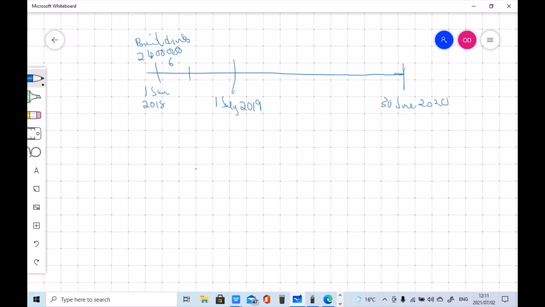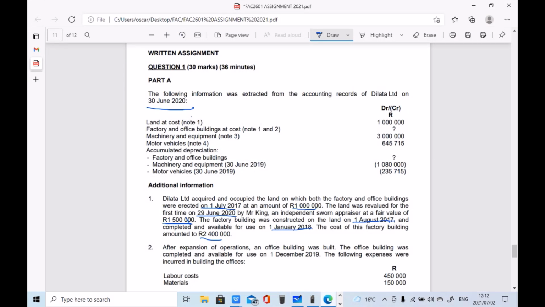And we can see that 1 January to 30 June 2018, that's going to be 6 months there. And then up to the current year, that's going to be 12 months. And then 6 months here. So basically that's 1.5 years up to the beginning of the current year. So if we are just depreciating this building, we're going to say, okay, since we had it for 1.5 years,